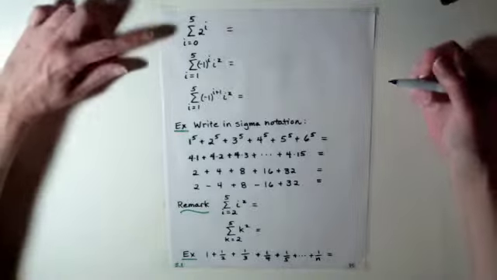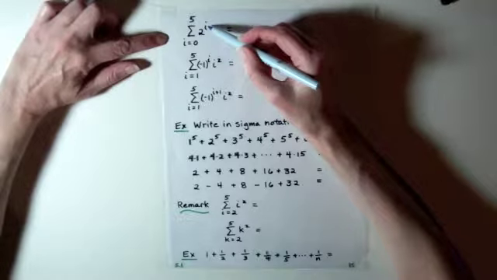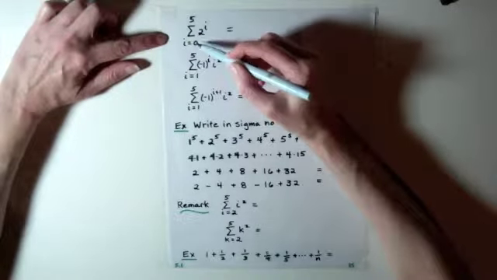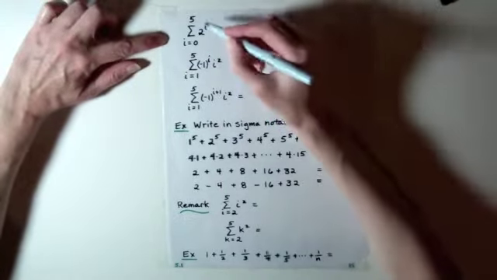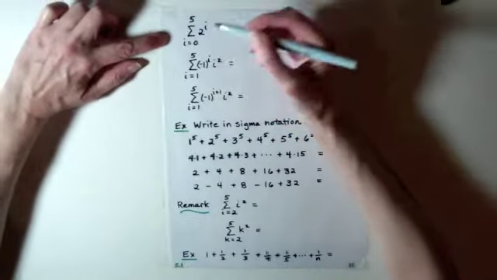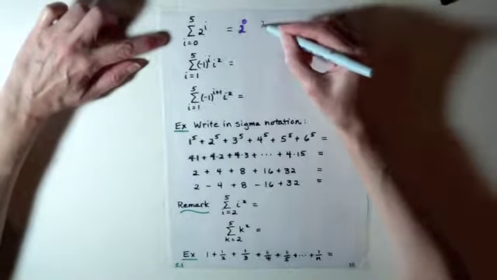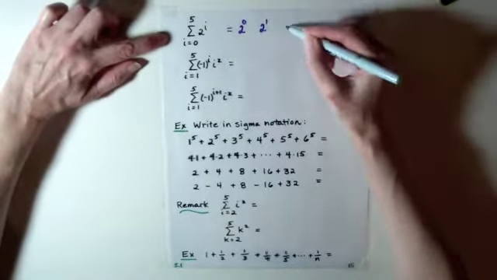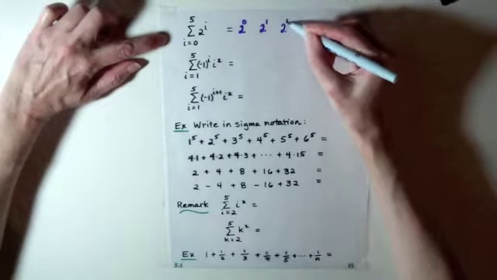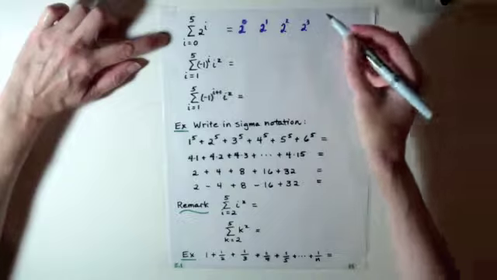Okay, well, let's look at the one at the top. I'm doing the sum of 2 to the i as i runs from 0 to 5. So I want to evaluate this 2 to the i starting at the lower limit of 0. So I start by replacing the i with a 0. Then I'm going to have 2 to the 1, that's 1 higher, 2 to the 2, 2 to the 3, I replaced i with 3, excuse me,